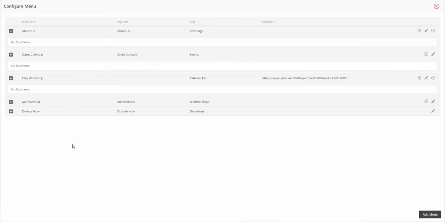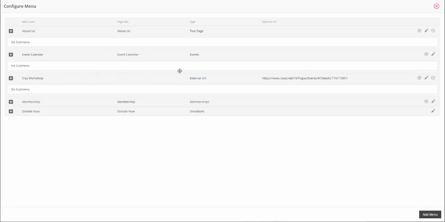Some of our other menu items are the event calendar. When you turn on events for public pages, this item will get added for you automatically. So there's very little configuration, if any at all, that needs to be done here. This item cannot be removed, as you can remove a text page. So it's going to come with the system. I can, however, add submenus to this if I wanted to for maybe particular events that I'm trying to feature,